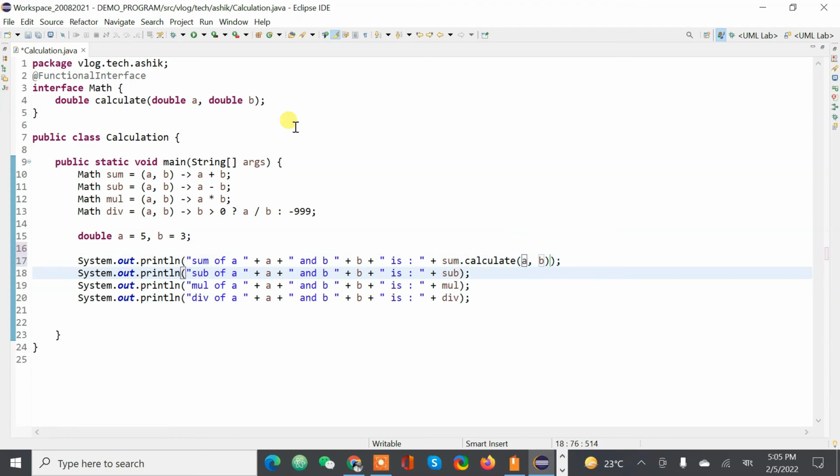So instead, let's do it this way. So if I run again,